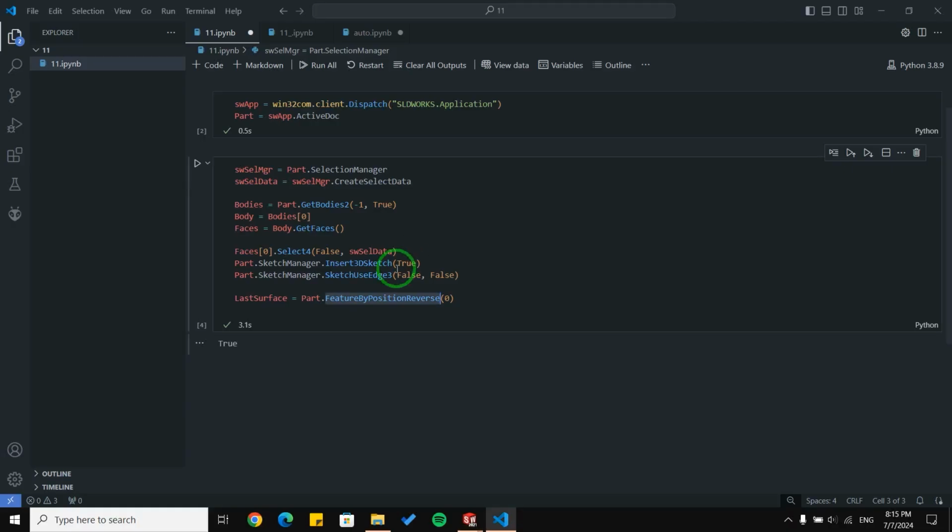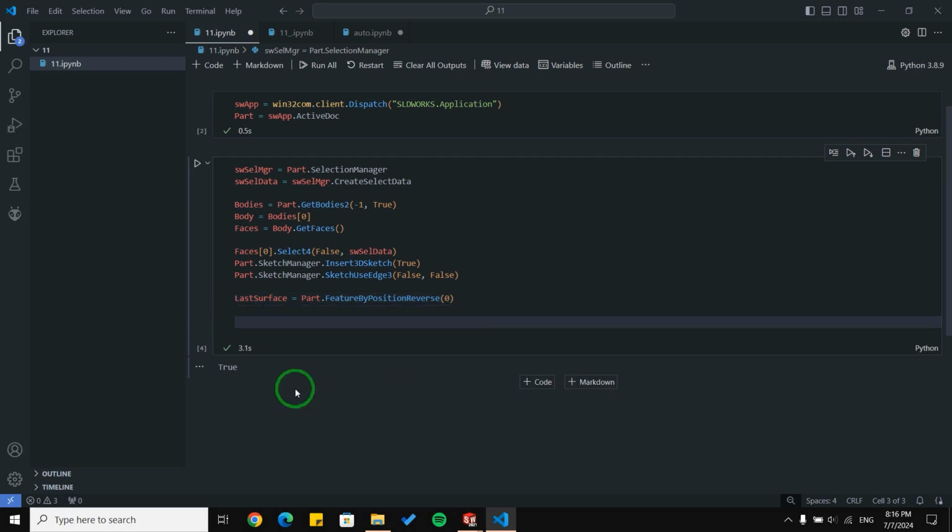So if we pass 0, it will get the last object we created in SolidWorks, and it will save this object in the last surface variable as I specified for it. So now we are able to select this sketch, and we are able to continue to select all the points.